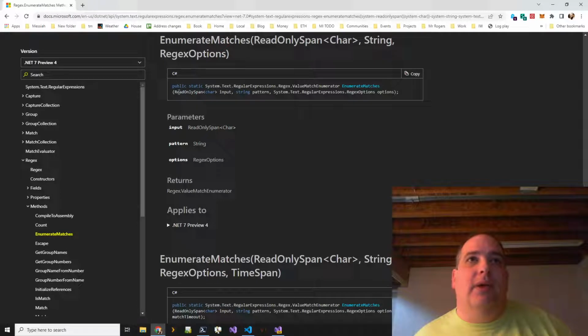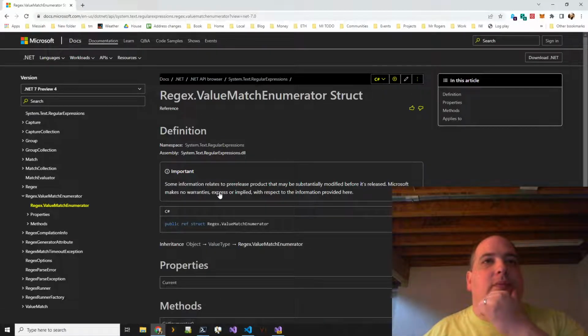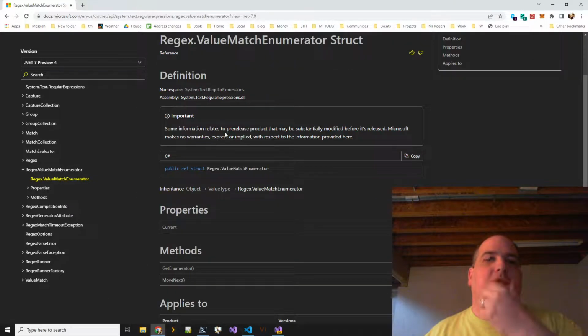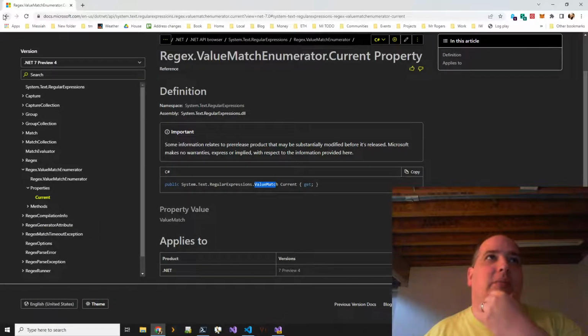To say, here's my input, which is just a span, one type or one object, really nice. Constant pattern and some options. And then you get back this enumerator, which you can enumerate over the results, which are value matches, a more efficient kind of match too.